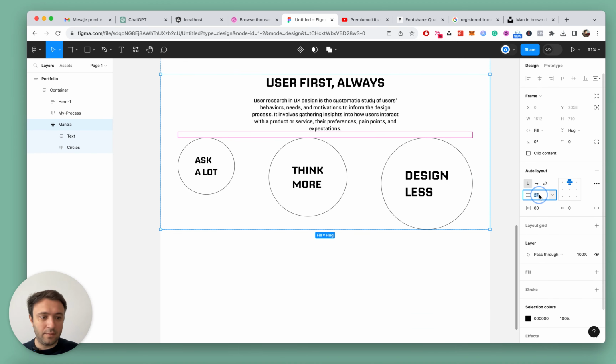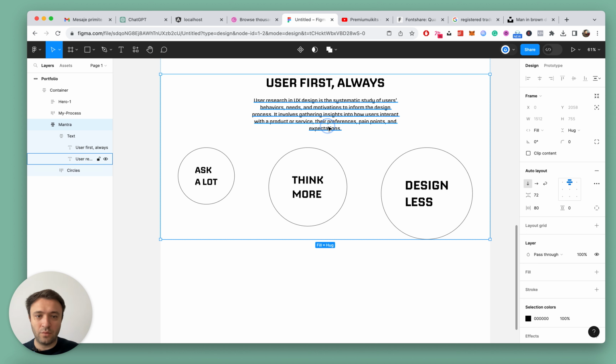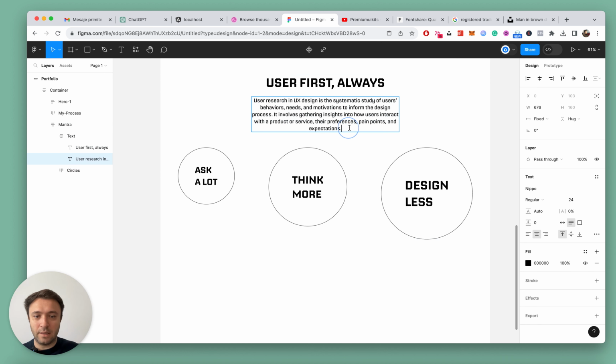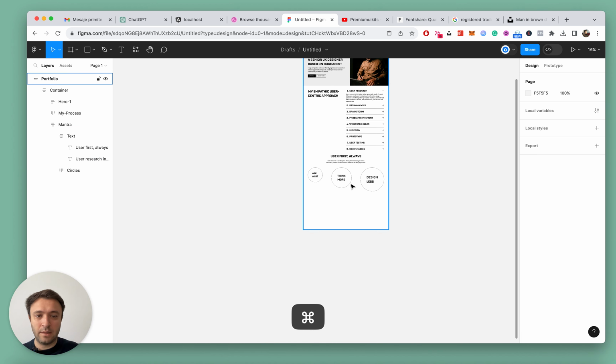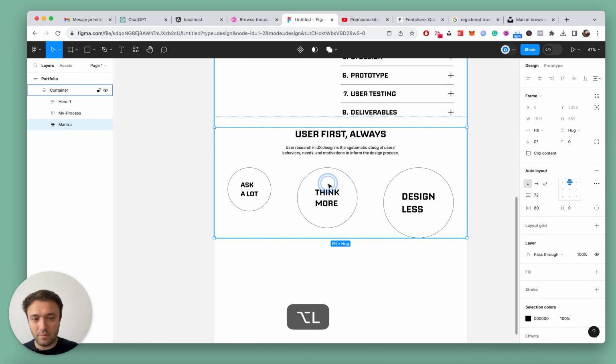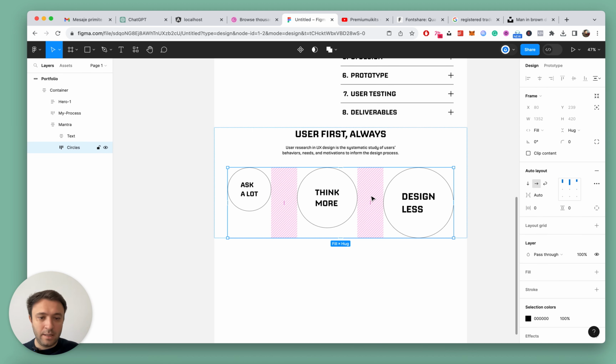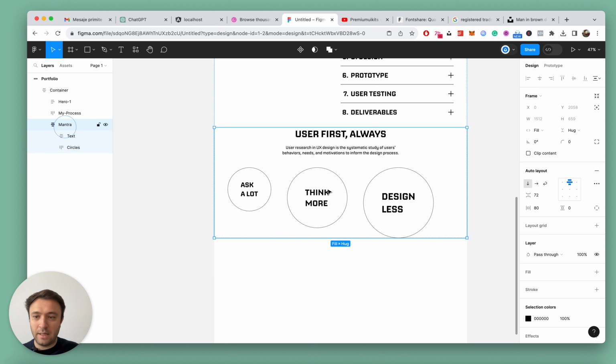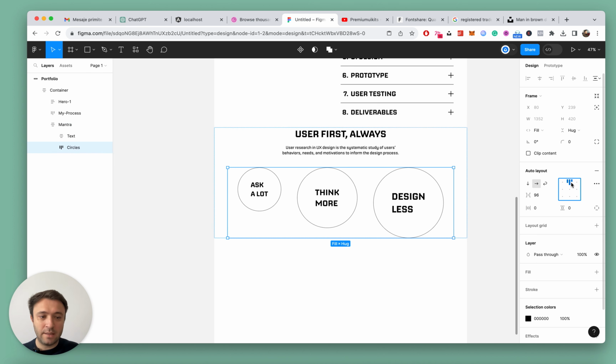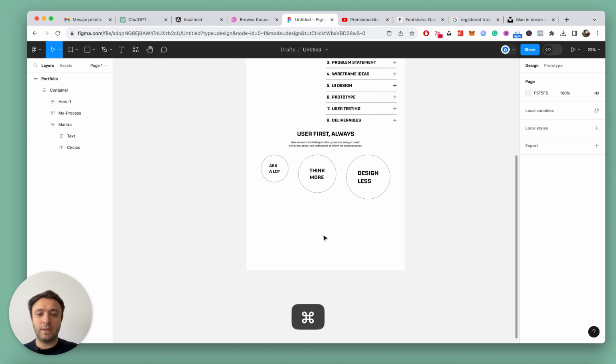Okay, let's give it a gap here on the vertical, something like 72. Let's delete again a bit this one, and let's make it something like this. I think it will look better. And here let's decrease a bit the gap, and let's click on mantra, let's click here and let's align them on the center,